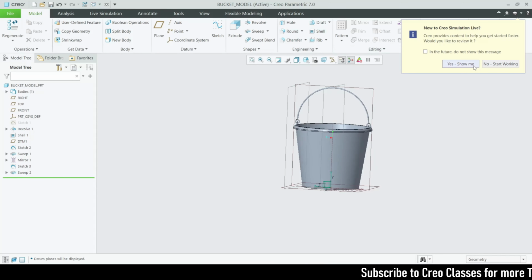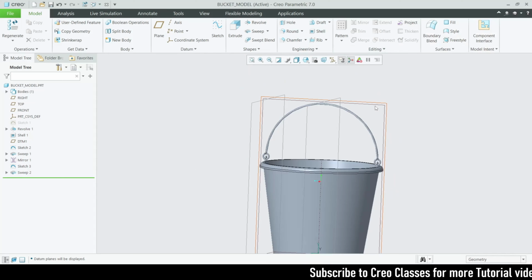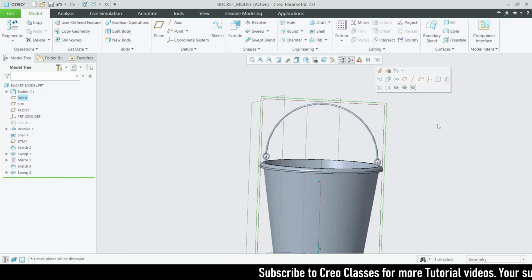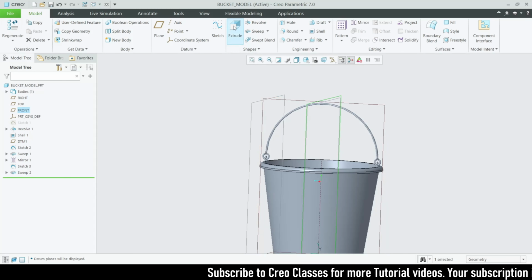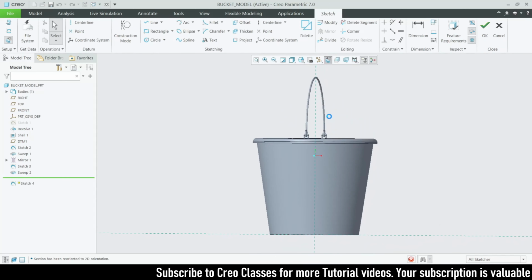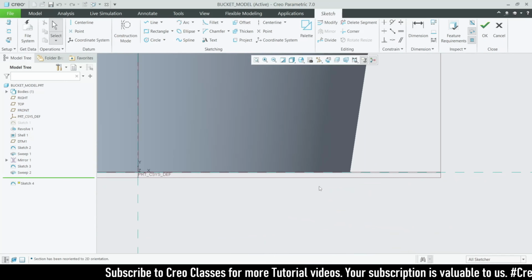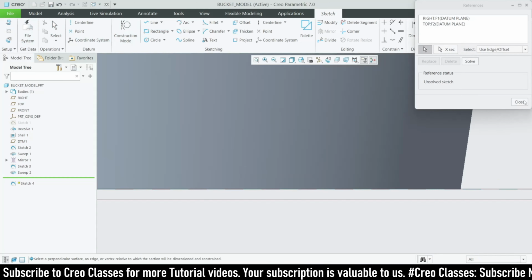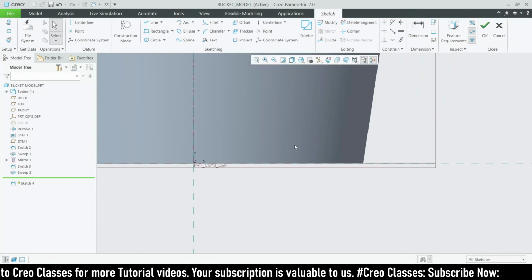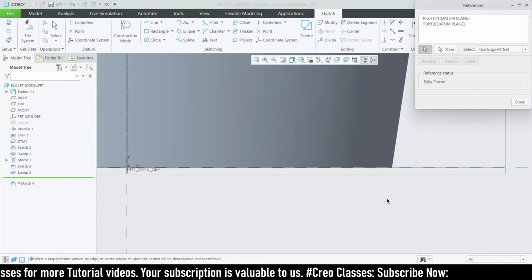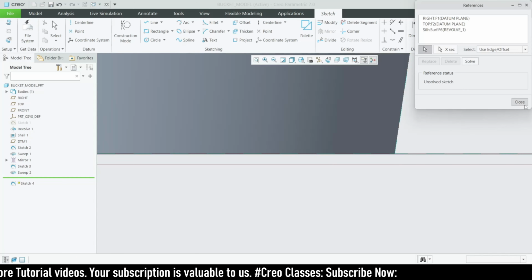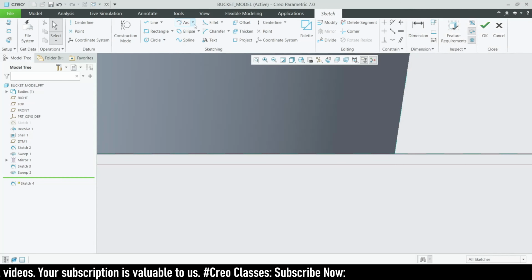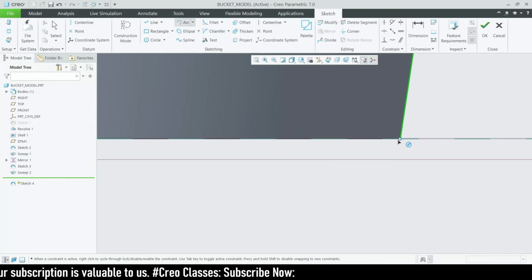I'm going to select this right plane or either this front plane. Okay, I think it's okay for me. Let's go for the sketch, and I'm going to take reference for this. Okay, it's okay. Solve. Okay, and one more reference for this reference circle. So here we can add a 3-point tangent arc like this,